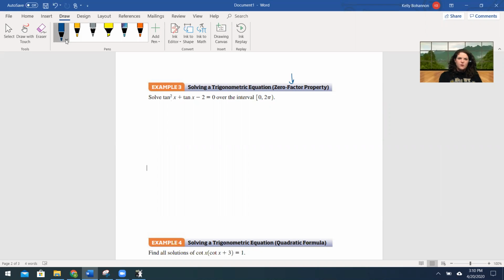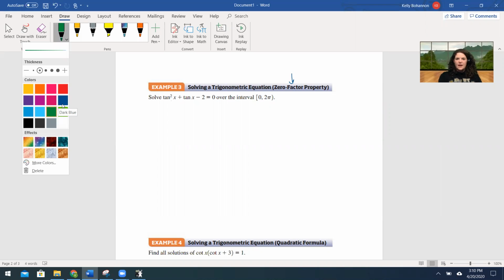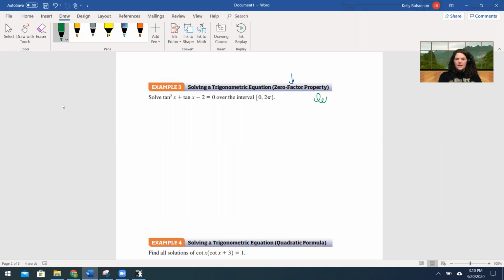So you could just come over to the side and you could say, let W equal tangent. And then I would rewrite this as W squared plus W minus 2 equals 0. And then I can look at it more just like a quadratic. Or you could just write it as x squared plus x minus 2, because that's really what it is. I could factor this as